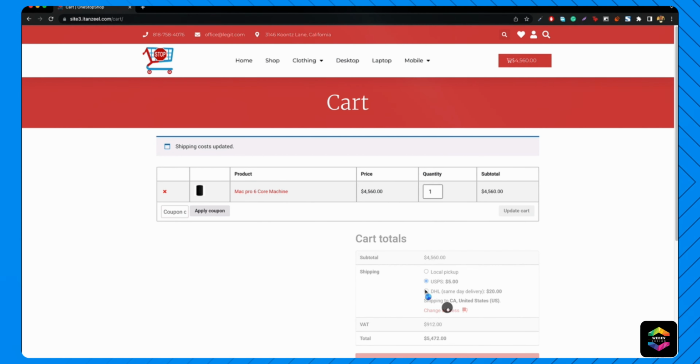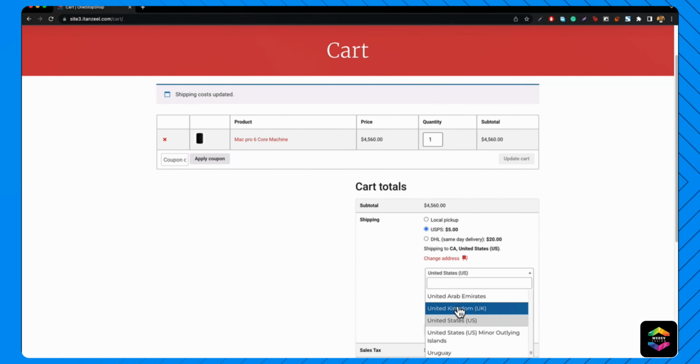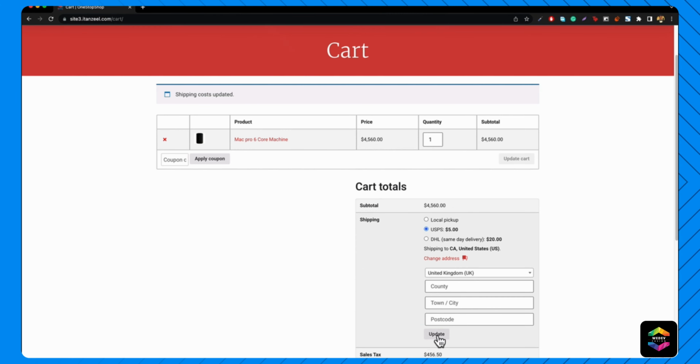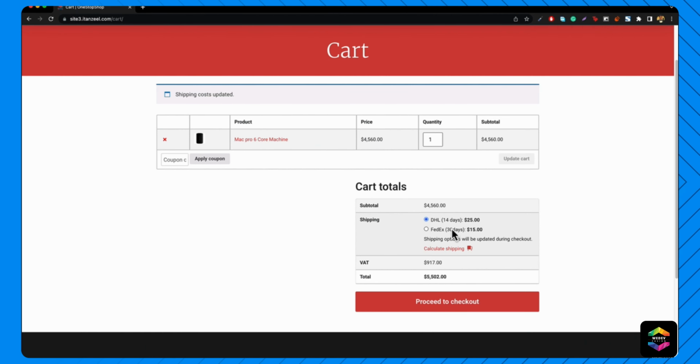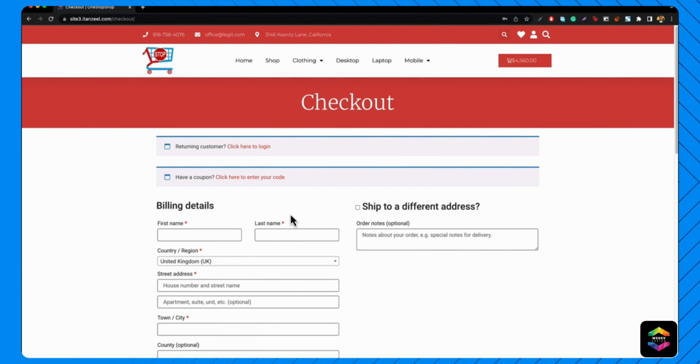Not only that, we will be restricting these shipping methods to only some of the countries. So let's suppose that instead of the US, someone is from outside the US, whether in the UK, and he just hits update, only those shipping methods that are inside the UK will be given to us. So if the person now clicks on proceed to checkout, he will be taken to the checkout page